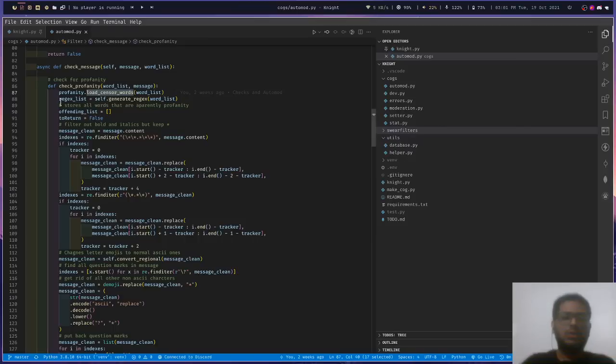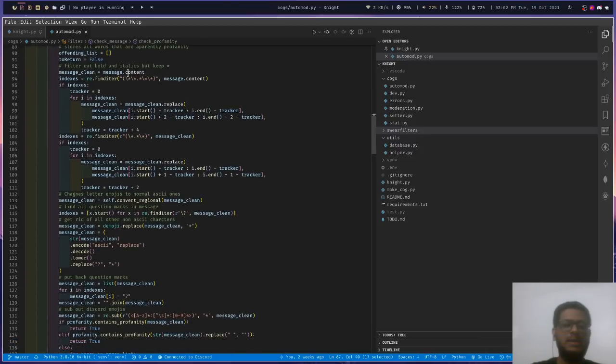Next we have to provide a regex, because certain bad words can be bypassed using some sort of text editing, like making the word in italics or in bold, or providing a space between the letters. So people can bypass the bad words using this, but we can use regex and this better profanity module to overcome this.